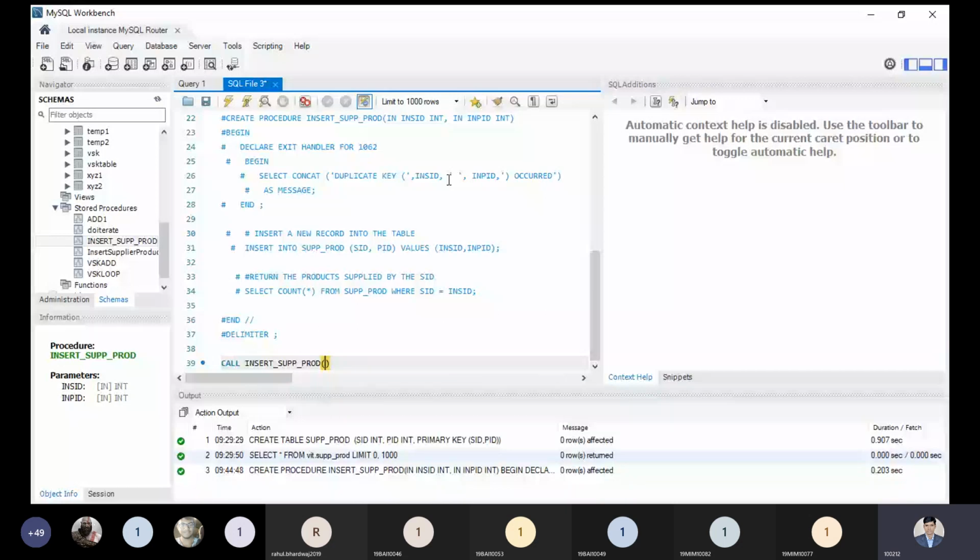You can tell me any supply ID or production ID. Just tell me any value you want to use. We are inserting the first value. Any integer value, any two integer values.